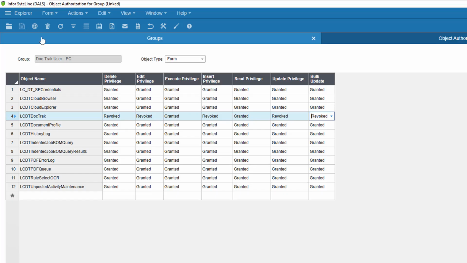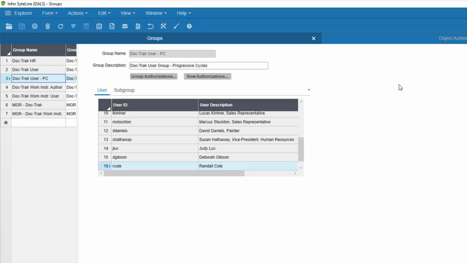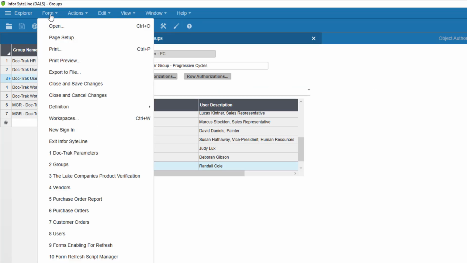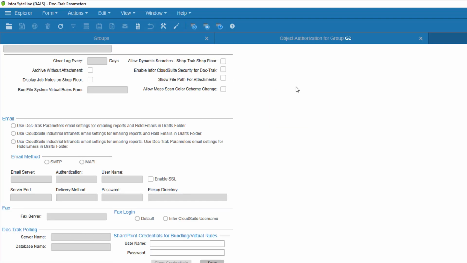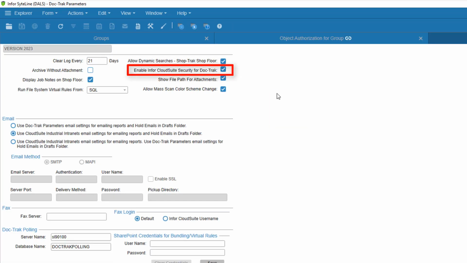Now, one other thing to remember if you decide to do this, just go back to the DocTrack parameters form and make sure this parameter we looked at before is unchecked.